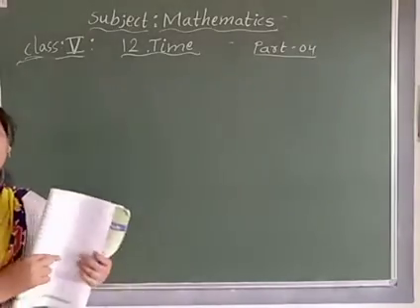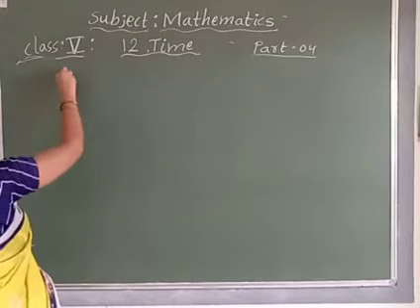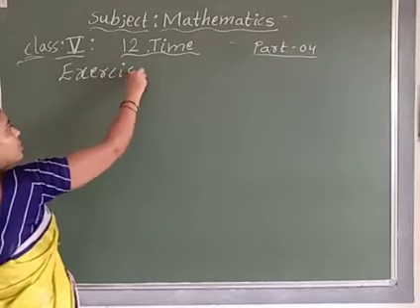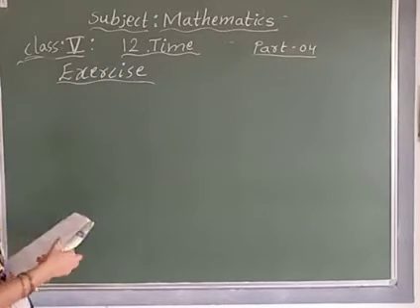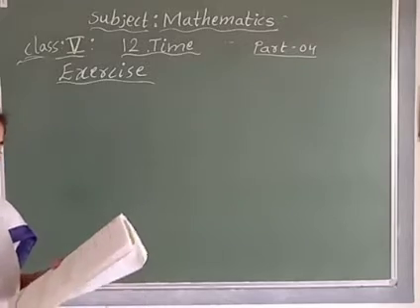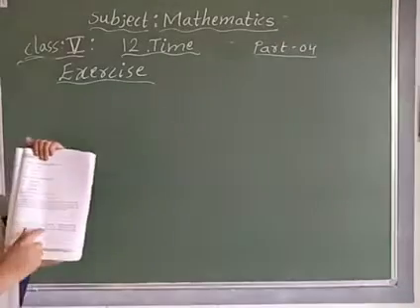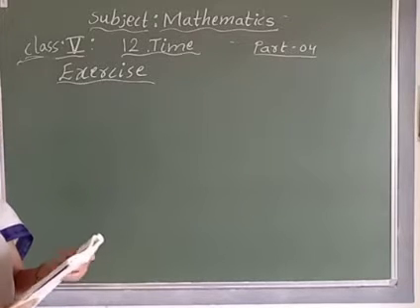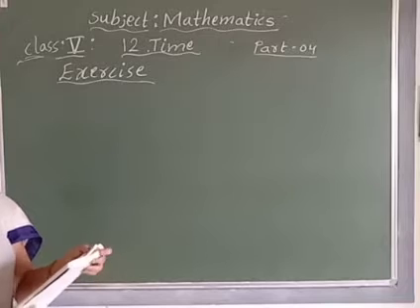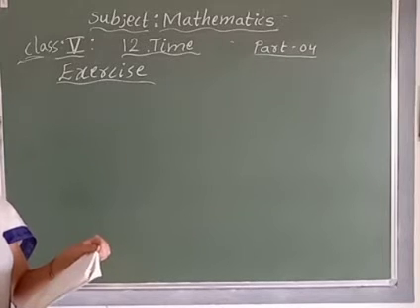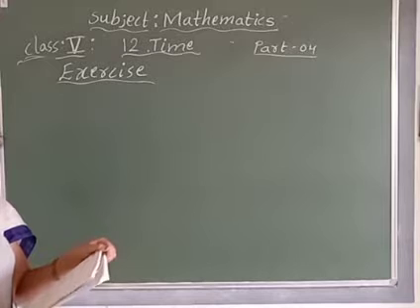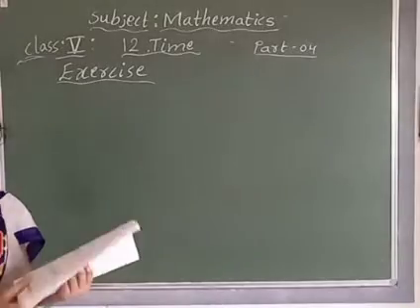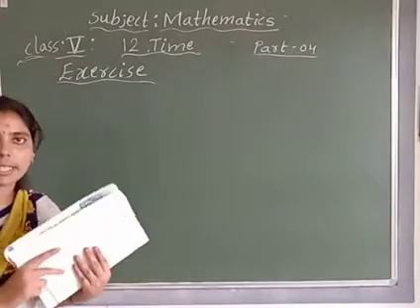So now exercise problems. In the previous class we learned exercise problems, the first and second ones. Till the 4th bit will be completed. Yes or no, children? Do you remember that? In the first bit, dates are given and we write them in words. In the second bit, words are given and we write dates. In the next bit, some dates are given and we check whether those dates are possible or not.